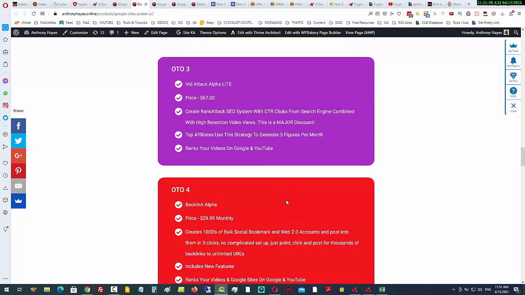And then OTO free is VidAttack Alpha. This will do CTR clicks and high retention video views together. Now, this is a major discount for this. This is the light version of VidAttack Alpha. It does just the video views with the CTR clicks, but that is the most popular tool within the VidAttack